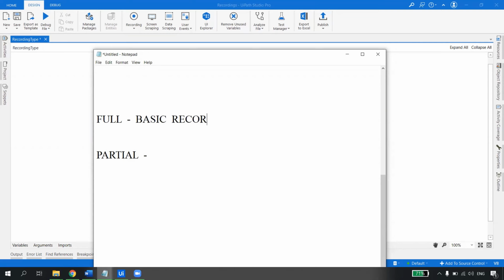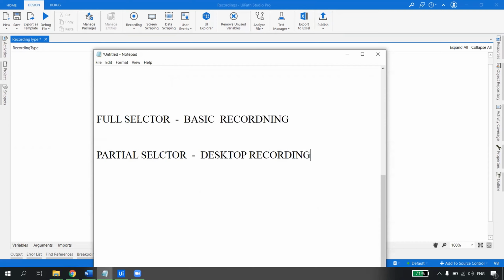Whenever we do a basic recording, we get a full selector. And whenever we do a desktop recording, we get a partial selector.